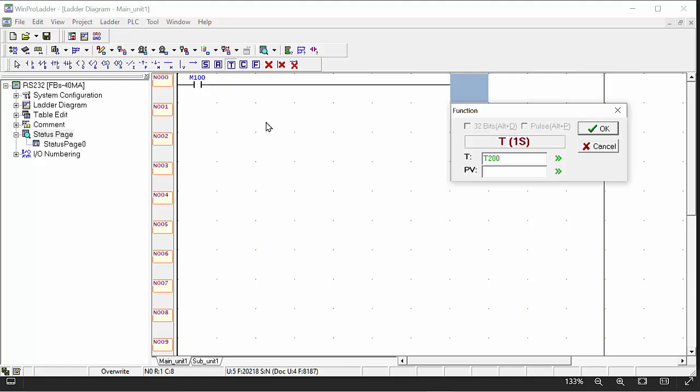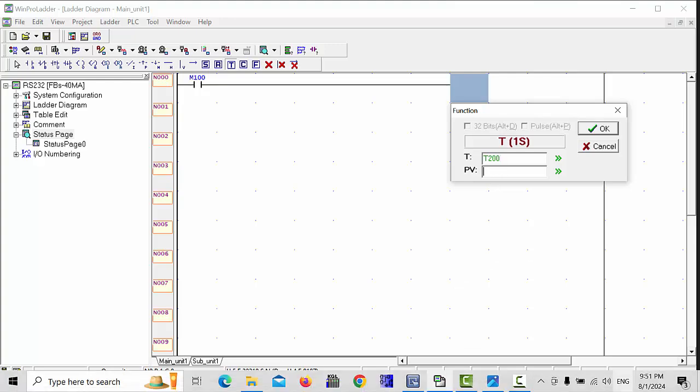In previous lectures, in the timer control videos, I set the value from here at the timer, but now we need our data to be executed from the HMI. So how can we execute the data from the HMI? We have to use data registers here. For example, I choose T0